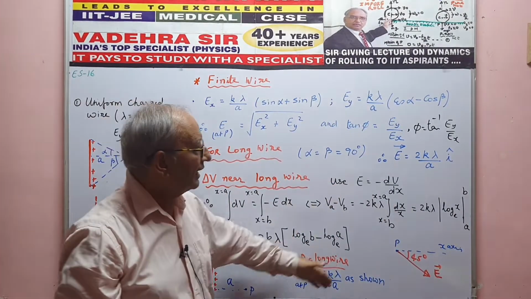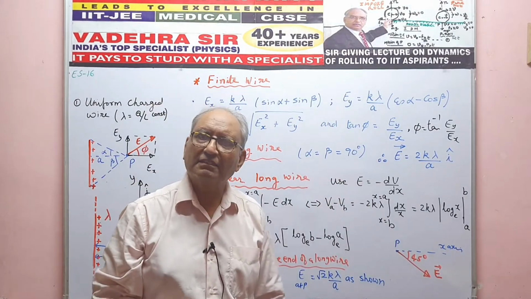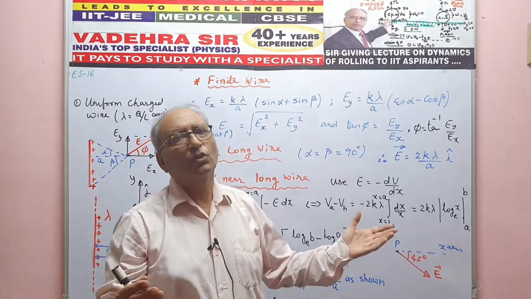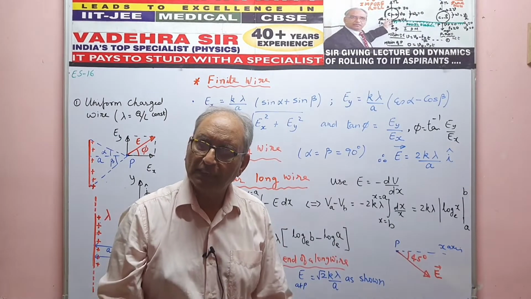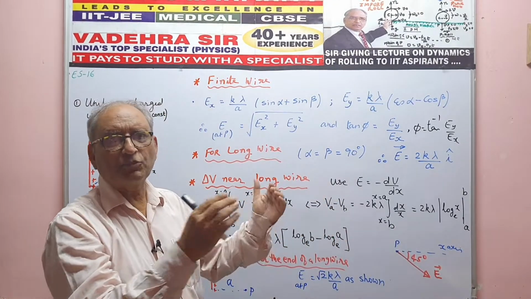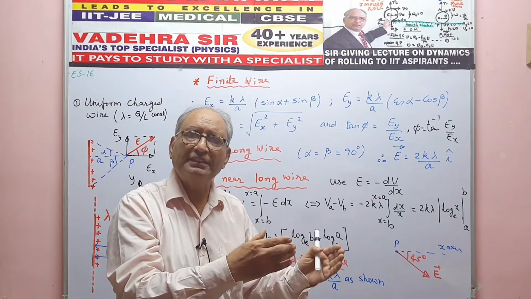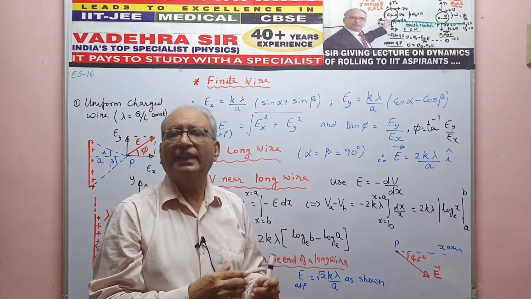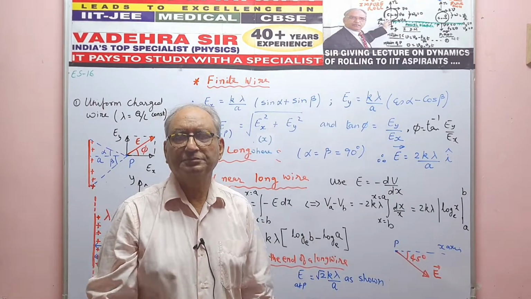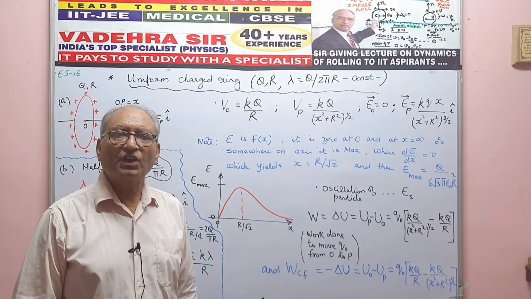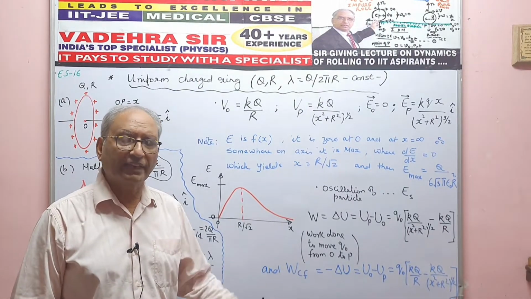As usual, k in all these expressions is the electric field constant. K is equal to 1 upon 4 pi epsilon naught. So this is one conceptual understanding of the electric intensity and potential near a finite charged wire and a long, thin charged wire. Well, now I take the case of a full charged ring and then a half ring and then